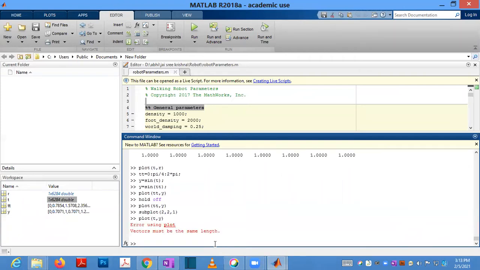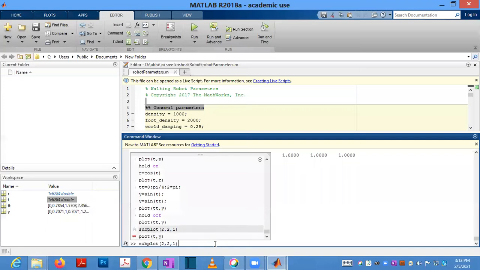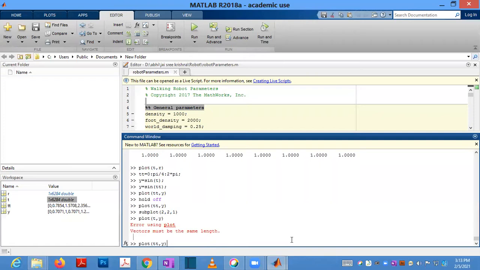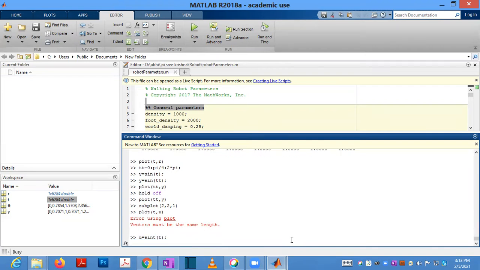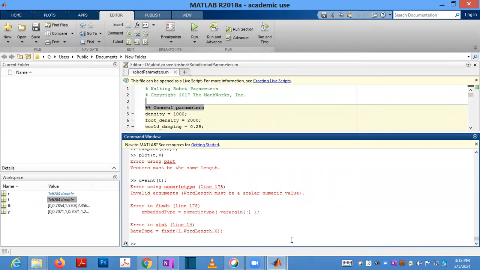The t vector should match, so I am changing the variable y to something else. u is equal to sine of t, and v is equal to cos of t.